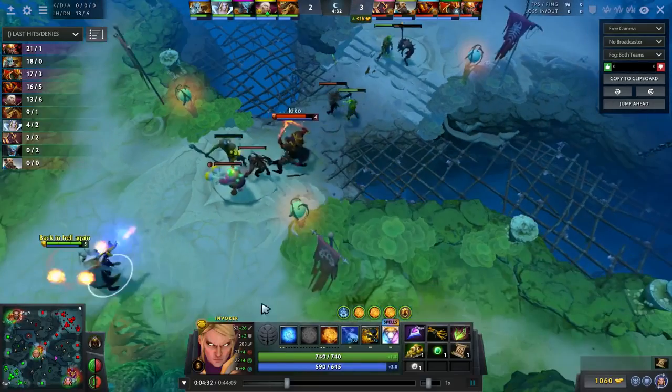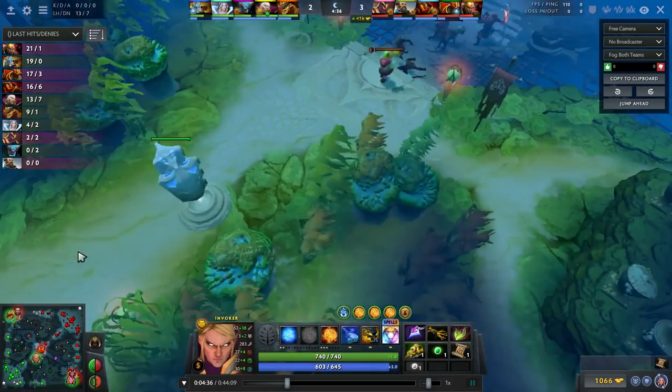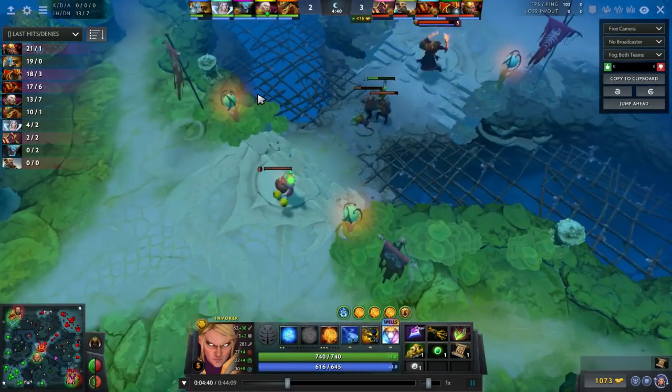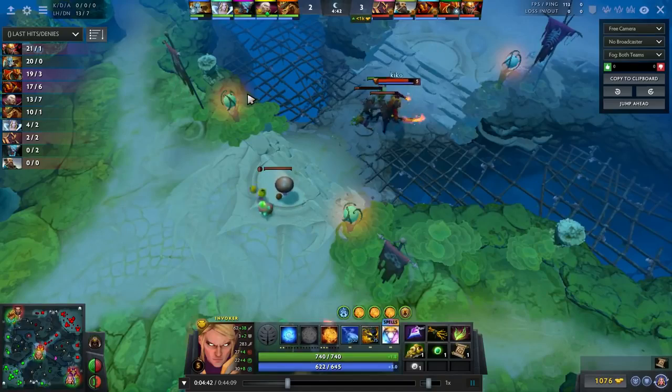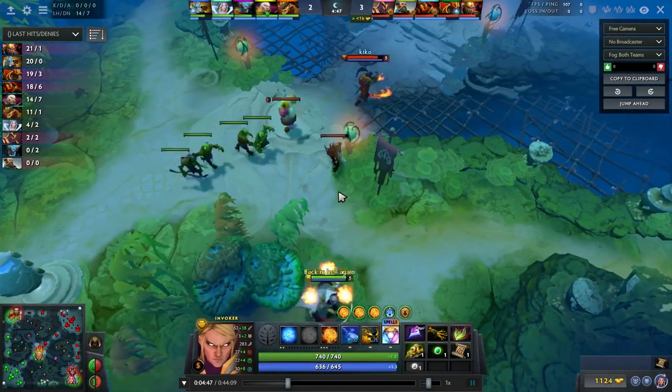Once again, you're not getting the denies. This is... Oh, alright. Oh, that was really close. But yeah, I would say you got to prioritize it, because often by denying, you'll free up the last hit, but by going for the last hit, you won't free up the deny. I don't know how to explain it exactly, but...